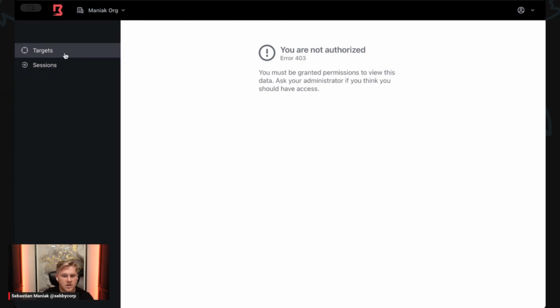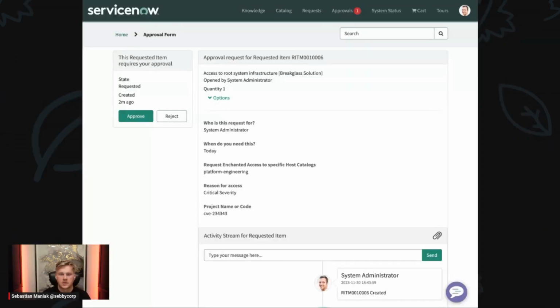Now I got access to it, but I'm not authorized. I've been authenticated through Azure AD. I have a login, but I'm not really authorized to do anything in any specific projects itself. So when we go back to ServiceNow and approve this request,